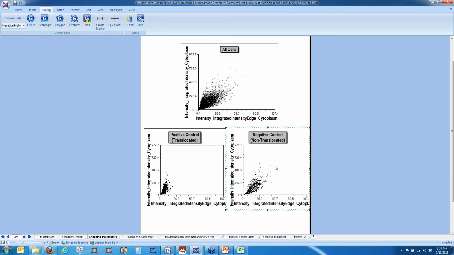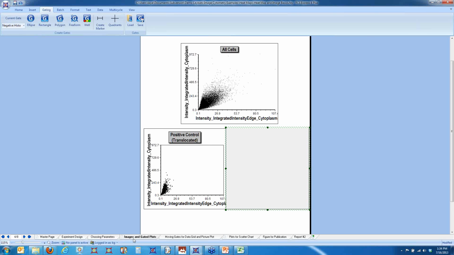So you've got some cells that do have measurable intensity at the edge of the cytoplasm, and you also have cells that are scattered further left on the x-axis. All right? So it's hard to look at this data and just make sense of it subjectively, and that's where drawing gates on your multiparametric data really comes into play. So on our next page here,